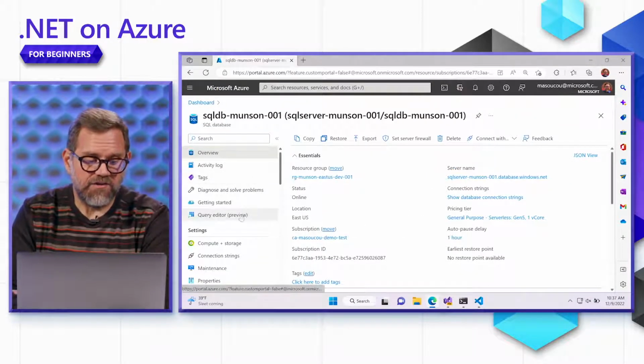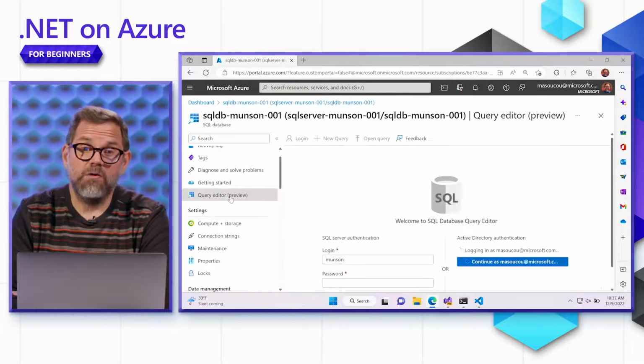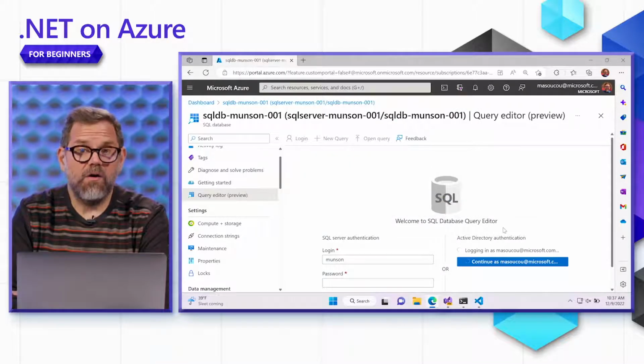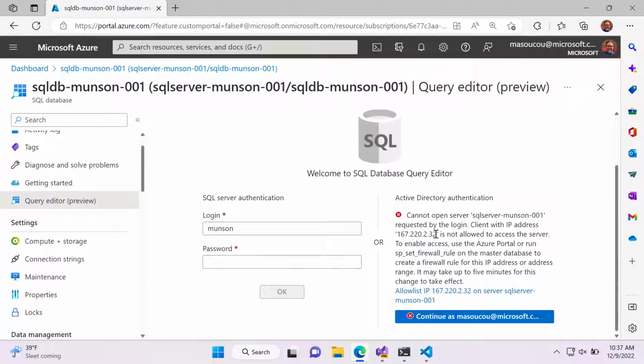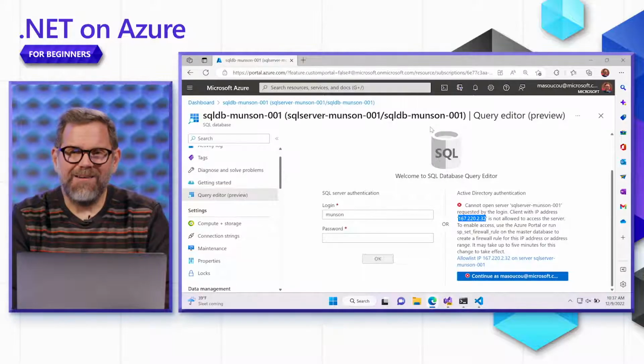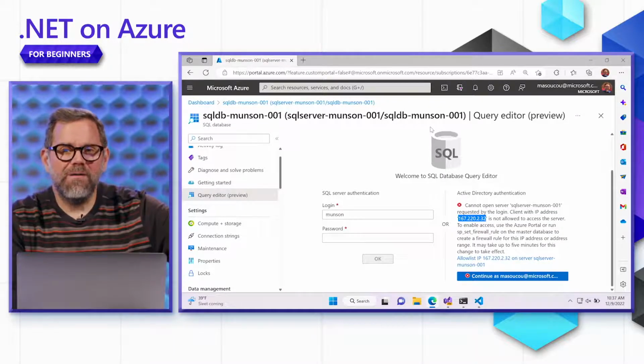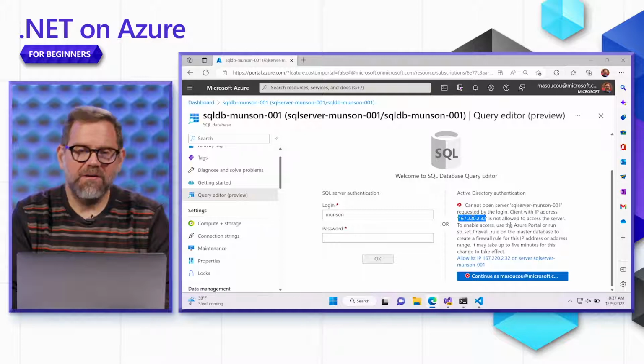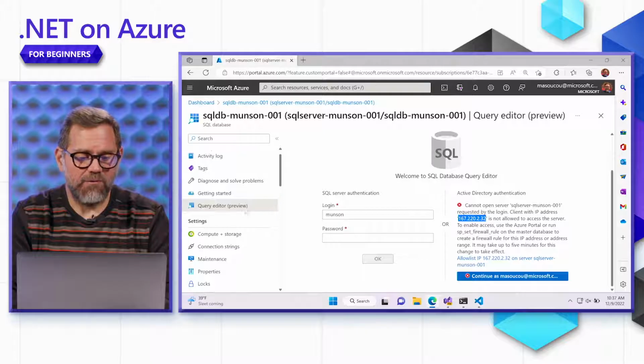And I can see things such as, what's nice, a query editor. So I can edit everything locally. And you see one thing here is that this IP address needs to be added to my firewall. Now you're saying, well, Matt, you did it before when you were creating the database. This is a unique thing that happens sometimes where there's several IP addresses that sometimes access it through